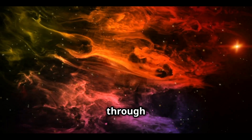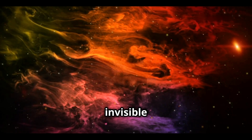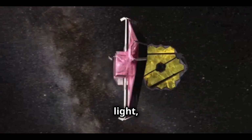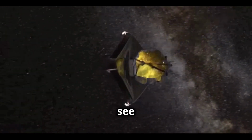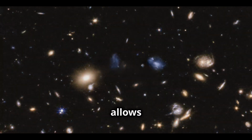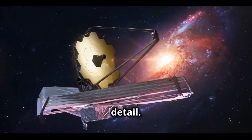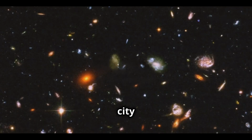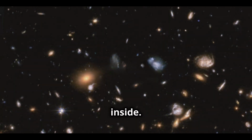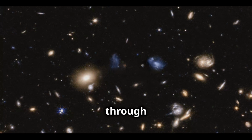Infrared light can go through dust and gas, showing us hidden. This ability allows scientists to study the formation of stars and planets in amazing detail. Imagine a city covered in thick fog. You can't see what's happening inside. But the James Webb Space Telescope is like a special camera that can see through the fog and show you